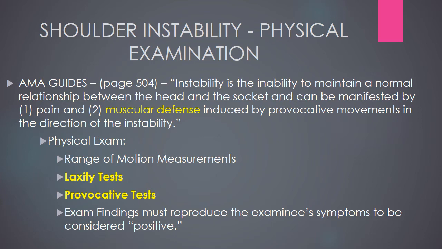Now, to be considered truly positive, the examination maneuvers must reproduce the examinee's symptoms, which is to reproduce the examinee's pain. The examination maneuvers also need to provide us with the involuntary muscular defense in order to constitute the true positive